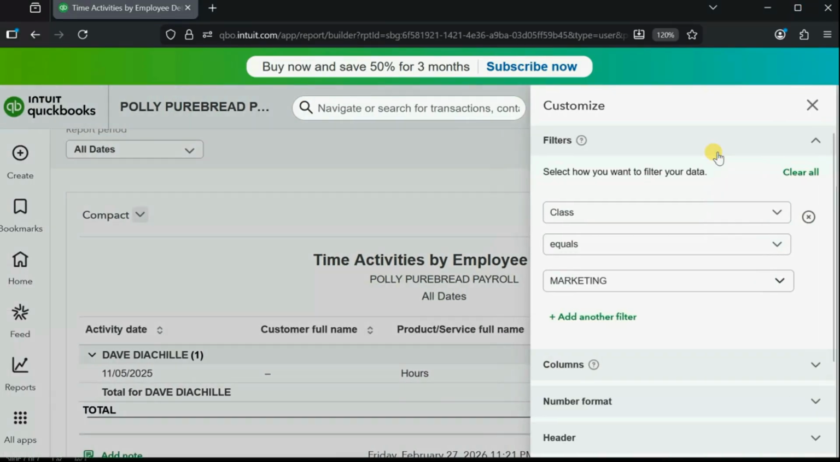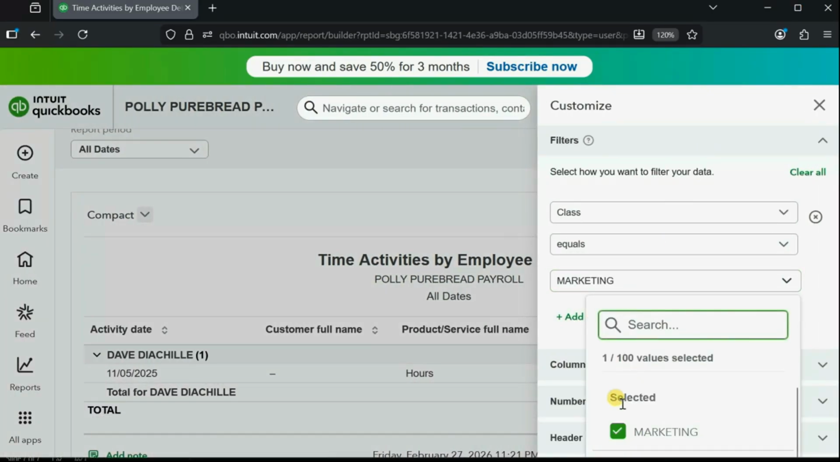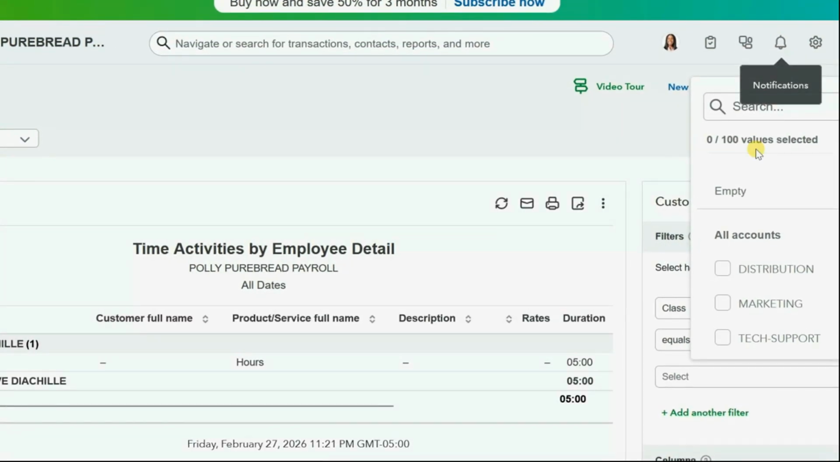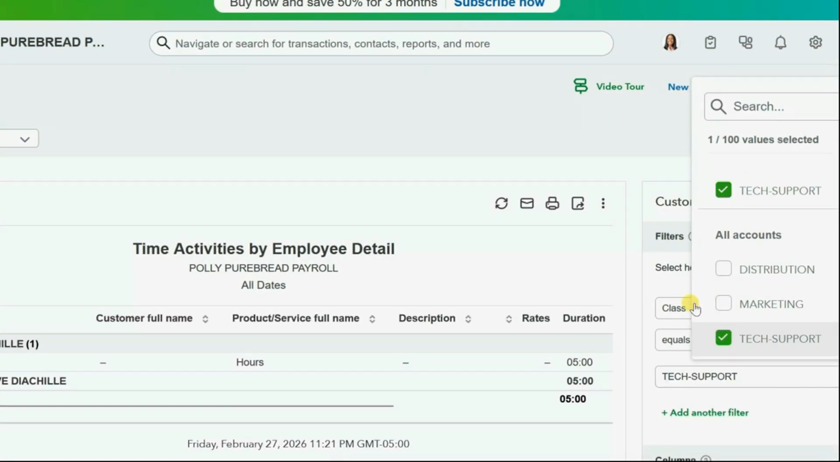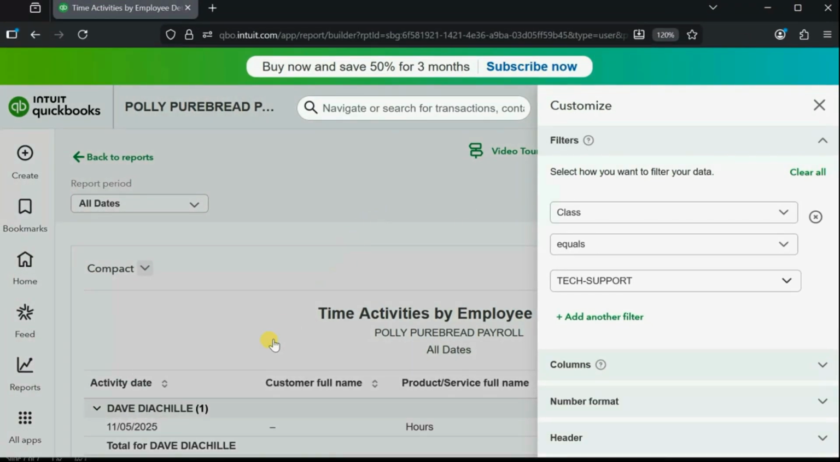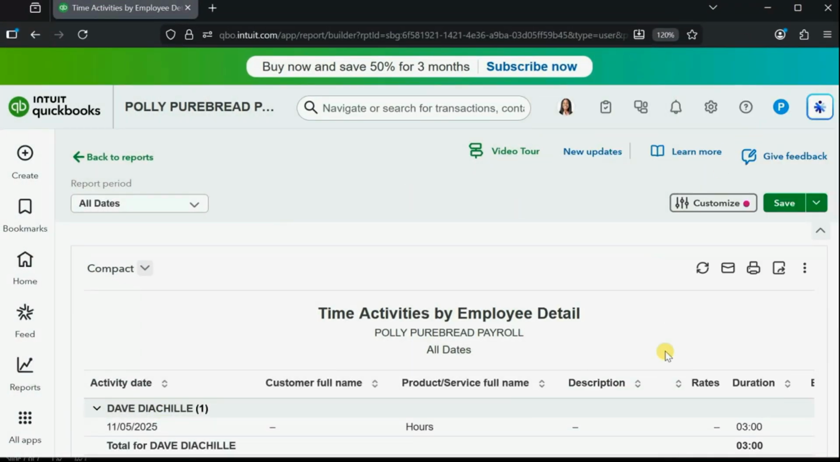Try the last one, customize. What about only the hours in the tech support class? If it'll let us do it, it's a little weird. Tech support, click away and come back. Remember, Dave also had 3 hours in tech support. So that's a way of getting the hours by class, even if you did not actually pay yet for those